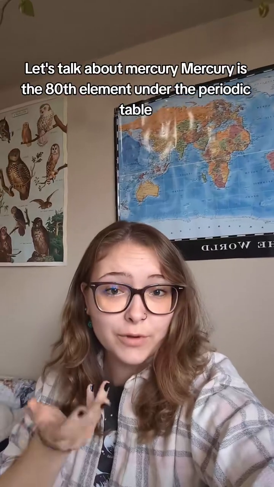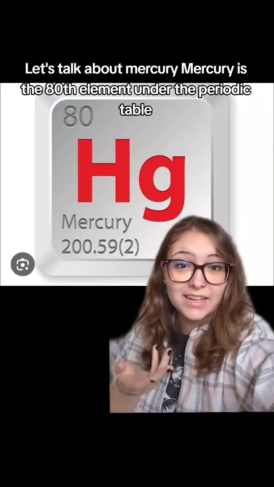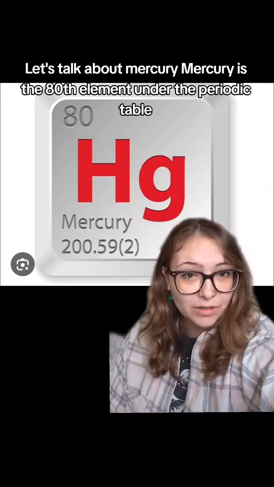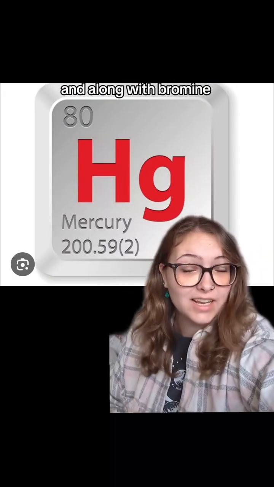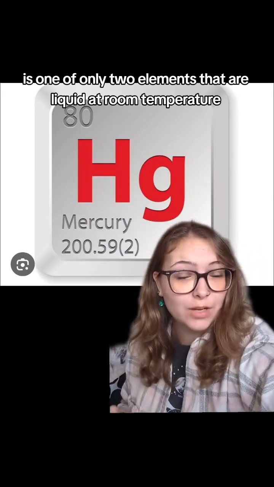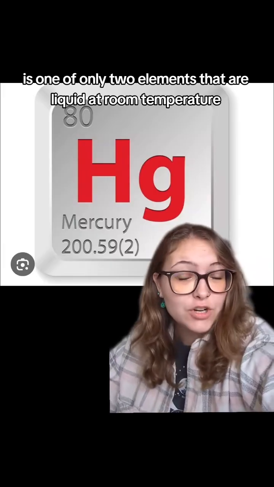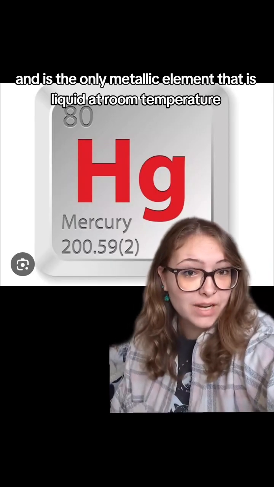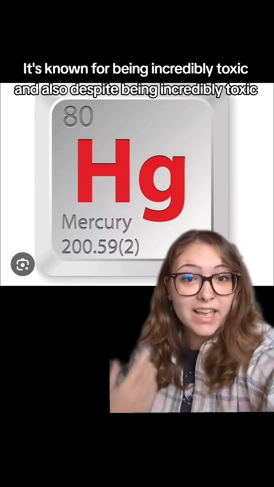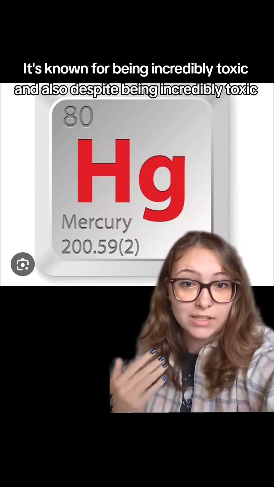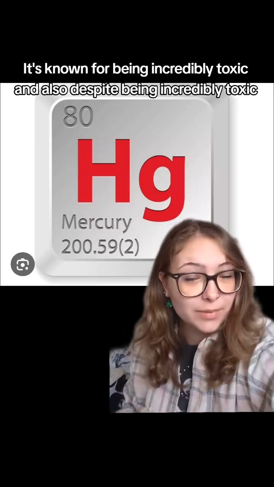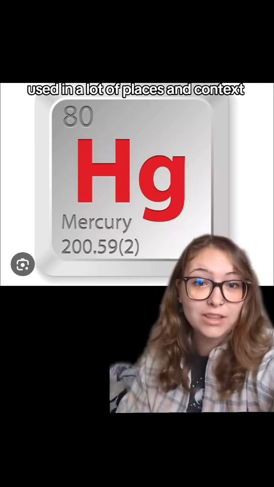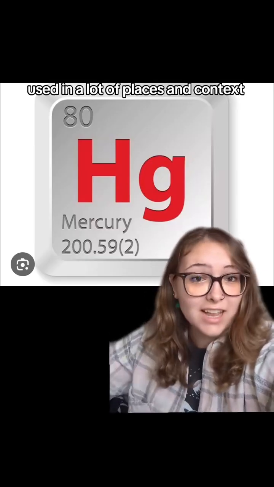Let's talk about mercury. Mercury is the 80th element on the periodic table, and along with bromine is one of only two elements that are liquid at room temperature, and is the only metallic element that is liquid at room temperature. It's known for being incredibly toxic, and yet, despite being incredibly toxic, it's used in a lot of places and